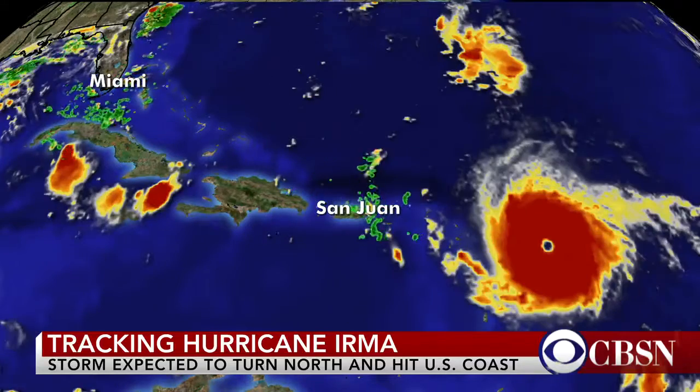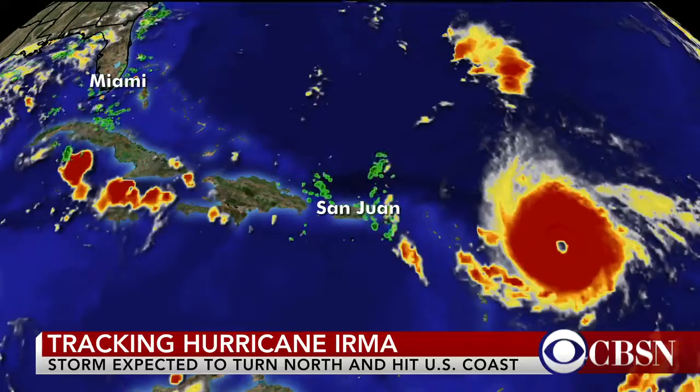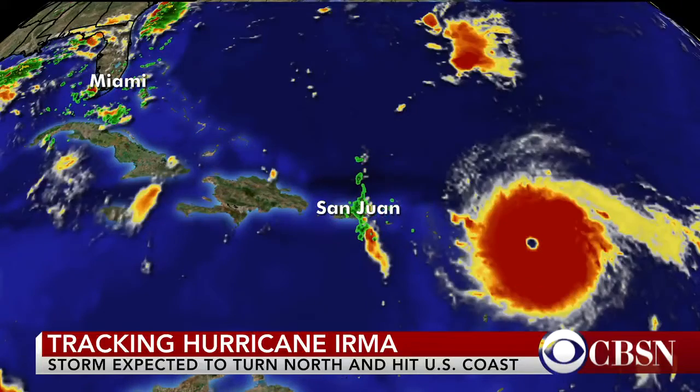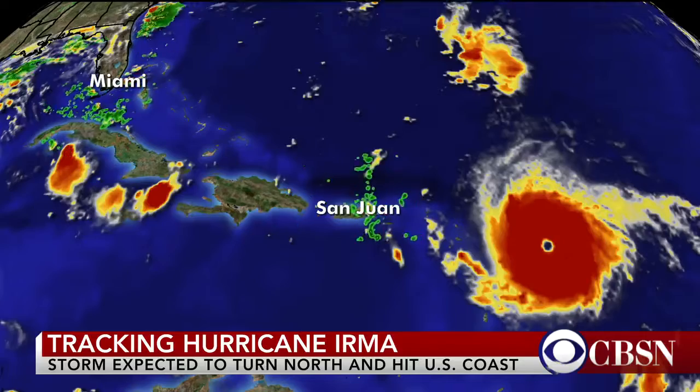And you can look at the radar here. The satellite shows just an incredibly well-defined eye. The eye has a 25-mile radius, so it's a big eye. It may get a little weaker before it gets a little bit stronger as it goes through eye wall replacement cycles, but it's a very healthy storm. There's no shear to tear it apart. There's incredibly warm water. So what you're looking at is all the ingredients to keep a strong hurricane moving